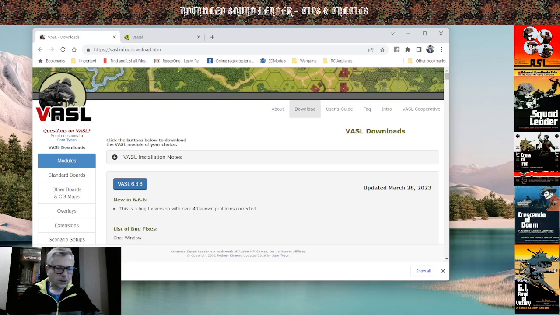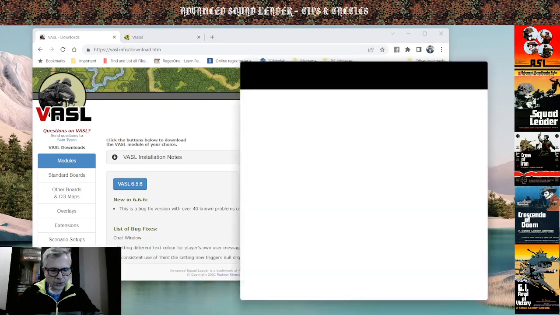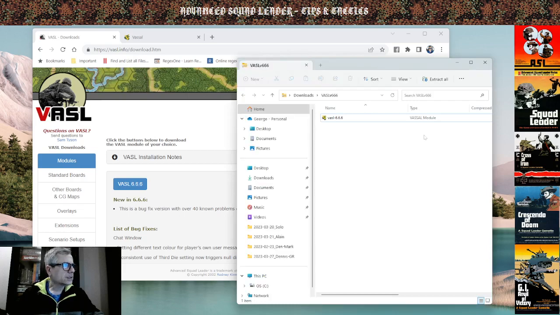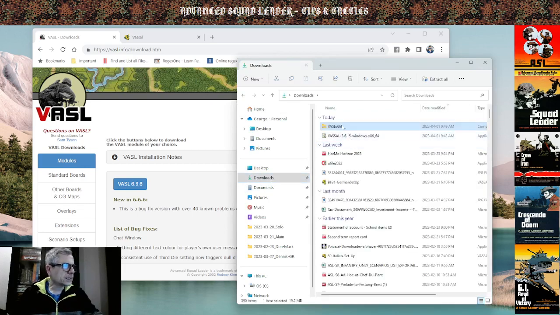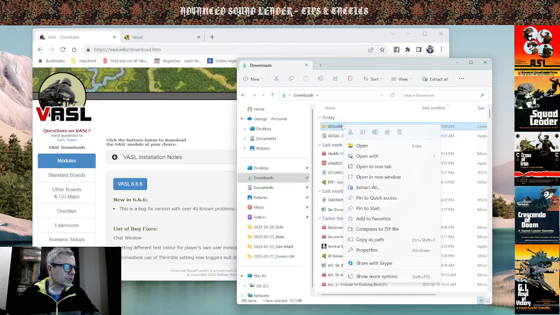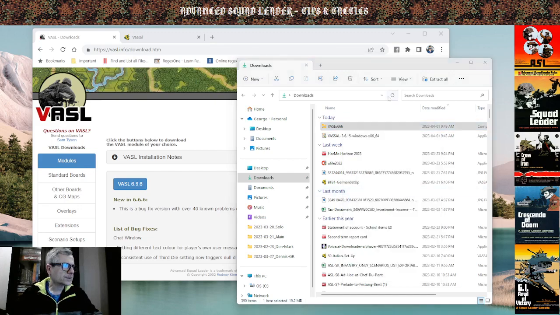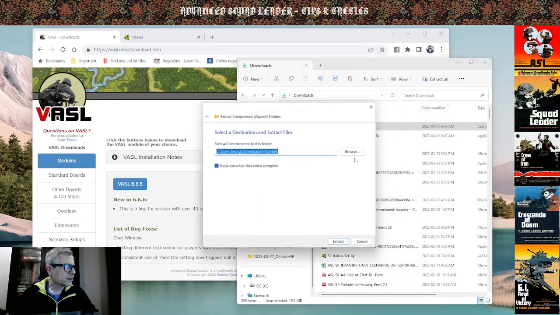It's zipped. Okay, so let's go to our downloads folder again. VASL 6.666. You want to right click on that because it's a zip file, and we want to extract all,